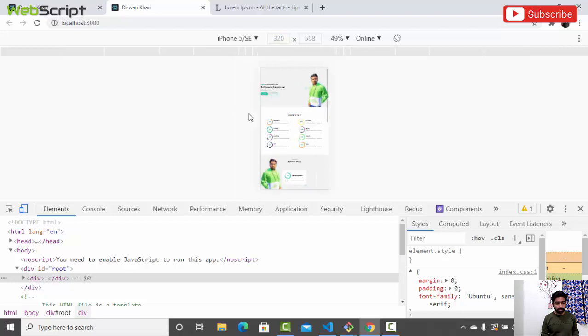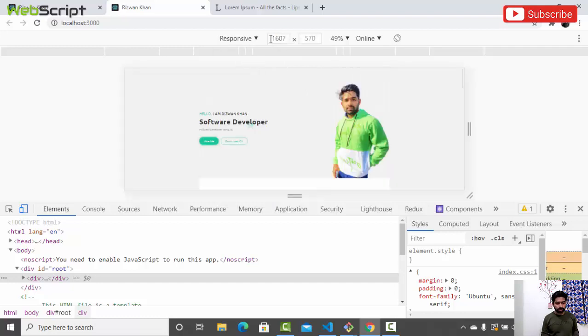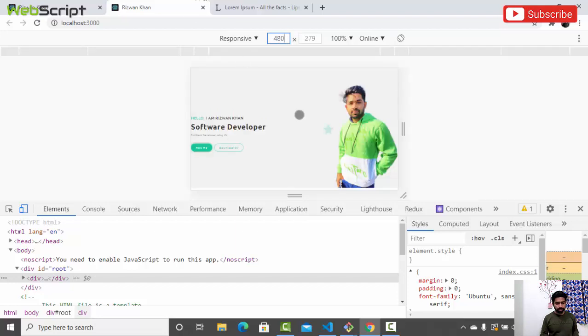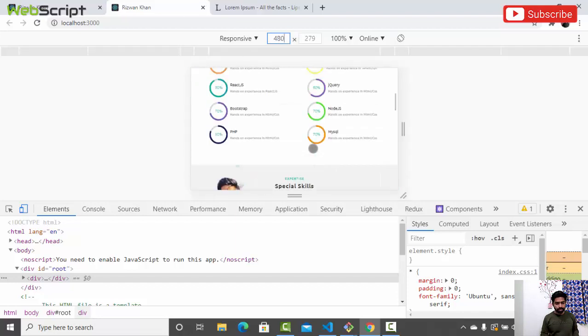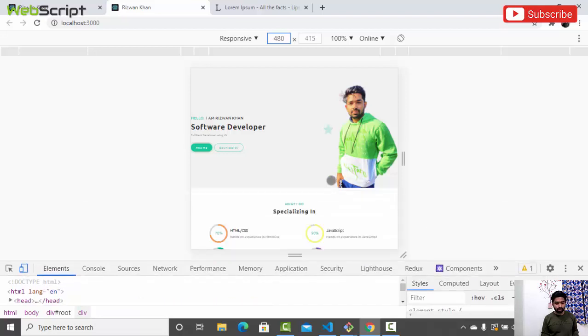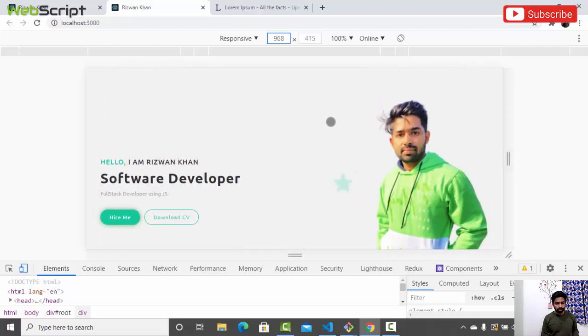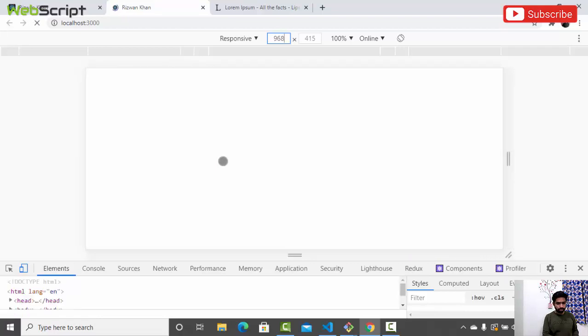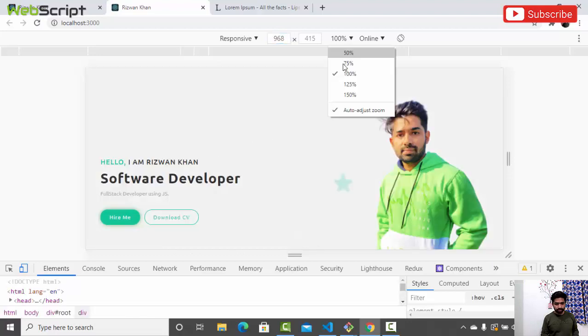If you go iPhone 5, then it is 320. So I believe this is the minimum size of any phone screen, iPhone 5 SE. And then again you can choose responsive, and you can adjust any size from here. Most of the screens come with 480 pixel, so this is the size of most phones. So let's assume we have the minimum size of 320 pixel, and based on that we are going to make this screen very responsive. Okay, so the first thing we're going to do, let's reload this, and let's zoom this